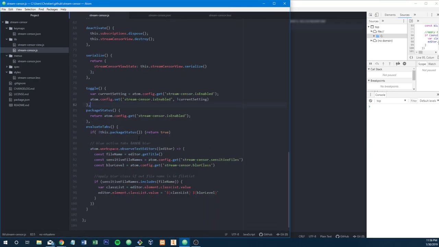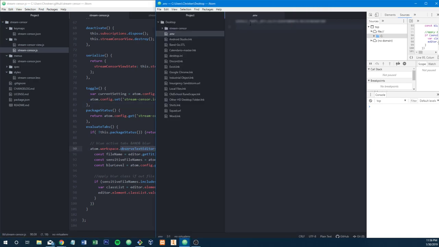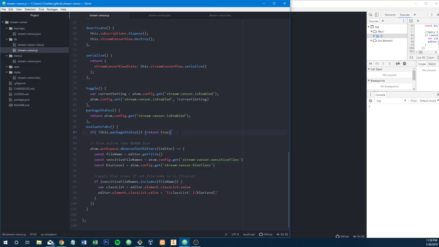on, what is it? Where did we? I remember, on the observe. We call it on observe text editors, not get text editors. So that's past, present, and future. So we reopened our text editor that was blurred, which means that it cached it. So when we opened it again, it was still blurred, even though we're disabled. That's annoying. So what we should do is we should actually,